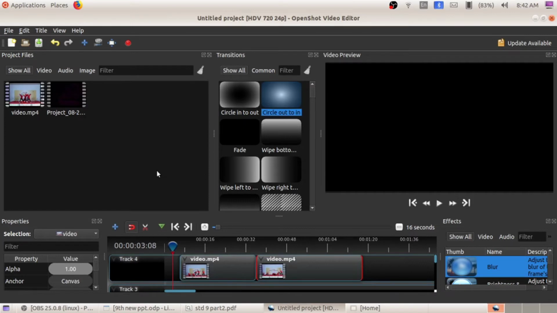You are familiar with OpenOffice Impress software, LibreOffice Impress software. In that software we applied slide transitions to the slides. In a similar way, we can apply different transitions in between the video clips. When you are watching a film, in every scene you can see some transition to indicate the next scene. So after removing the unwanted parts in this video, I am going to apply a transition.